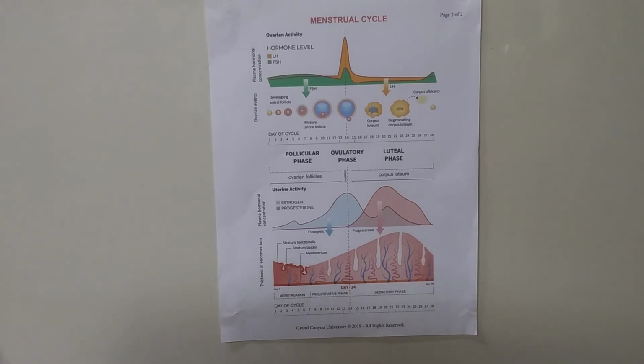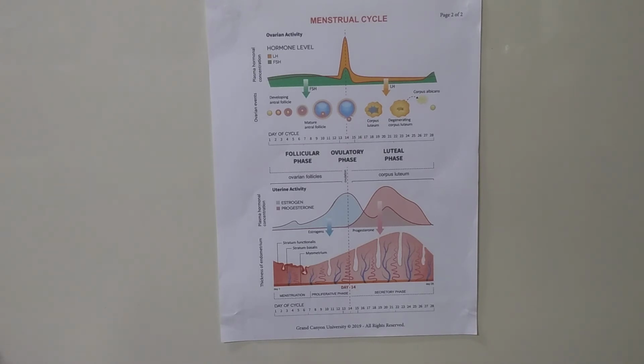The proliferative phase is the second phase of the uterine cycle, when estrogen causes the lining of the uterus to grow. As the ovarian follicles mature, they secrete increasing amounts of estradiol and estrogen. The estrogens initiate the formation of a new layer of endometrium in the uterus, often identified as the proliferative endometrium.